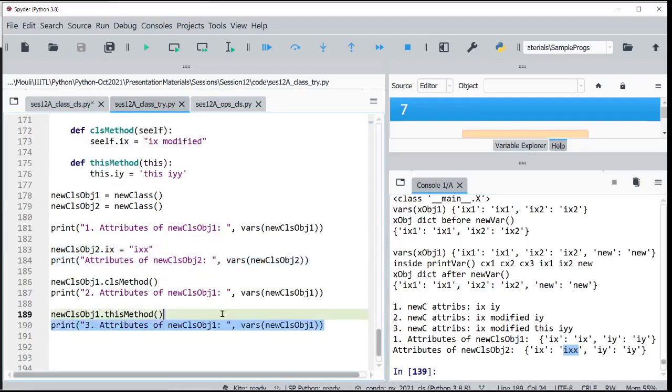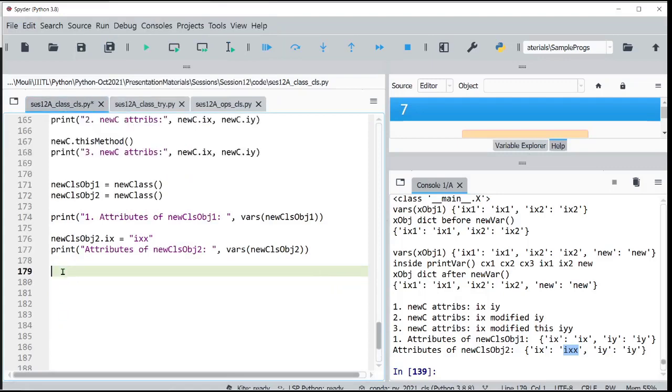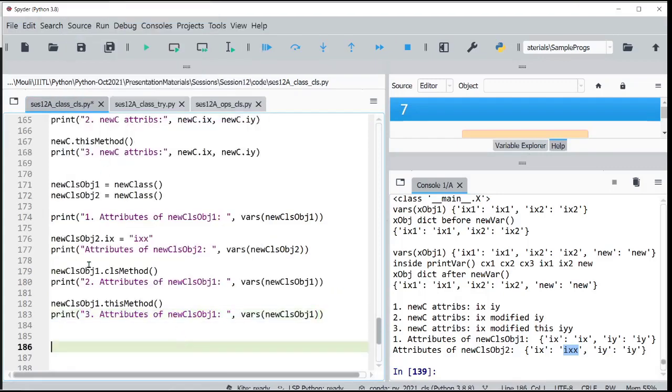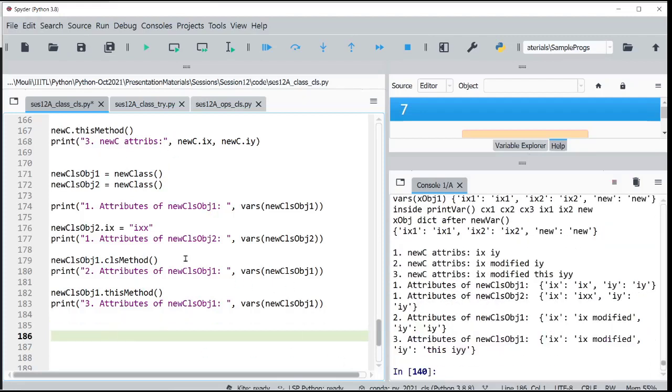Okay, it's nothing new, so I can print it out, no problem. I thought it is something new. Okay, so now I'm calling the class method and this method, and whatever I was typing there is available here. So you will see that the changes have been reflected as you start calling those functions.